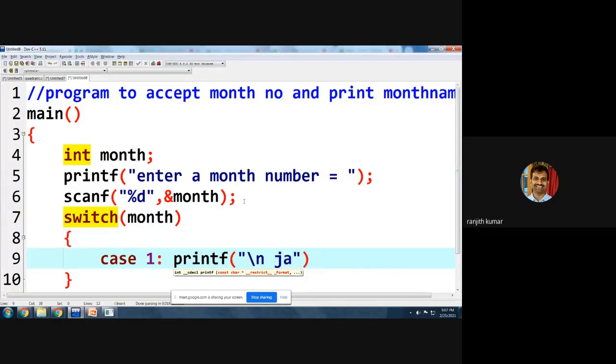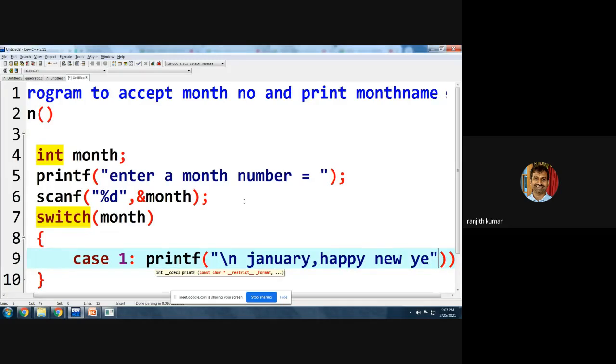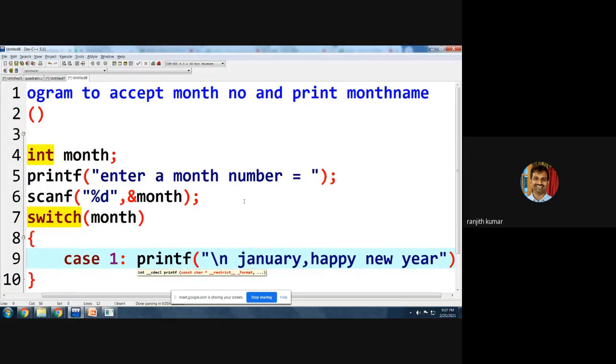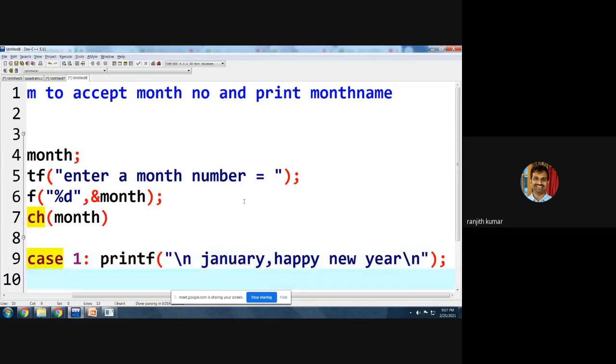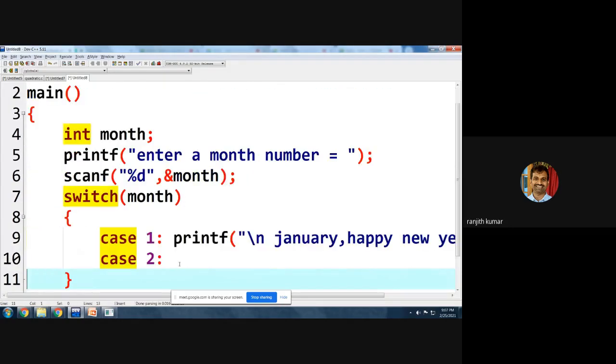Okay, so directly I'm printing January. Okay, and you can also say some happy new year, etc. So that's your wish. Then case 2. So case 2, then what you will write? Case 2, printf